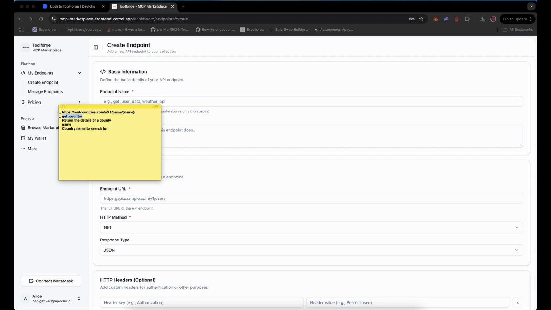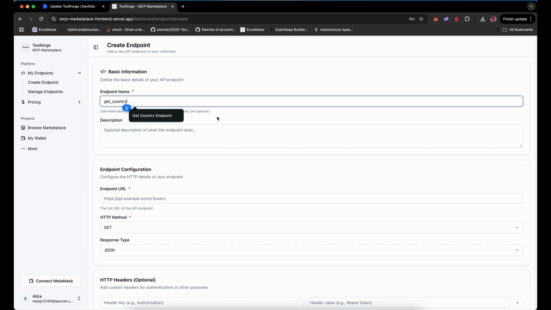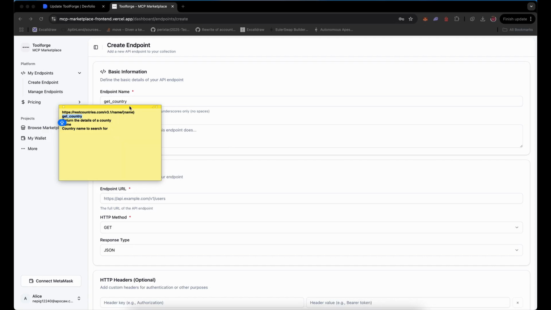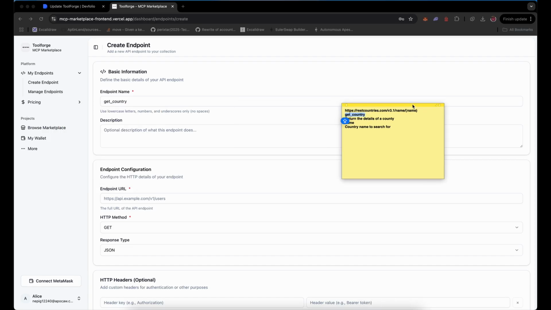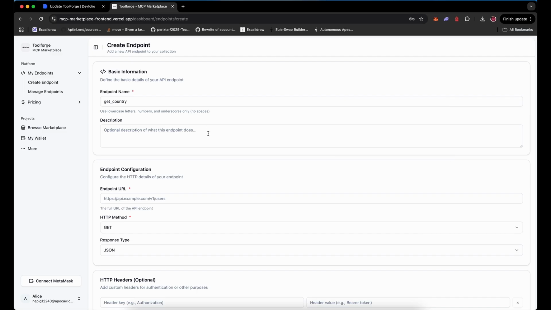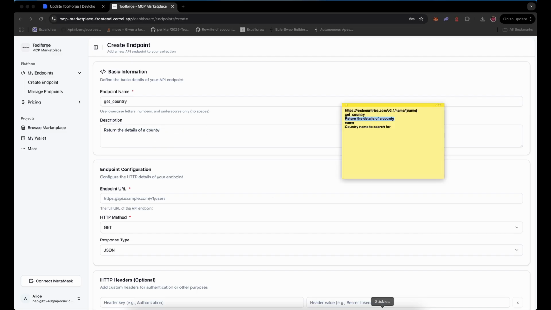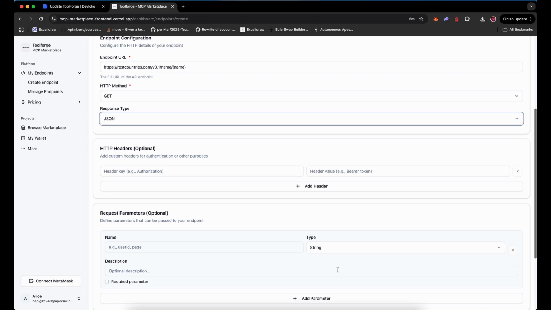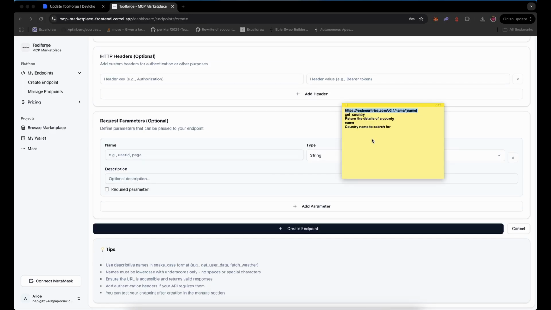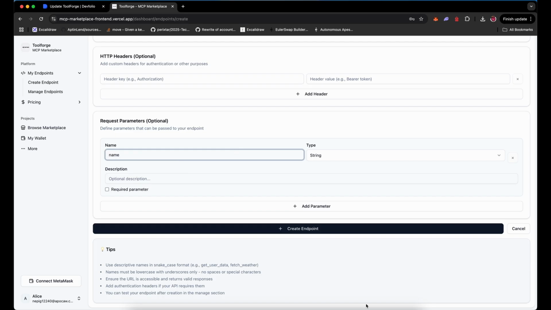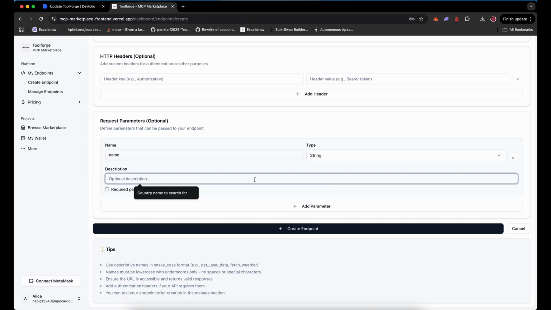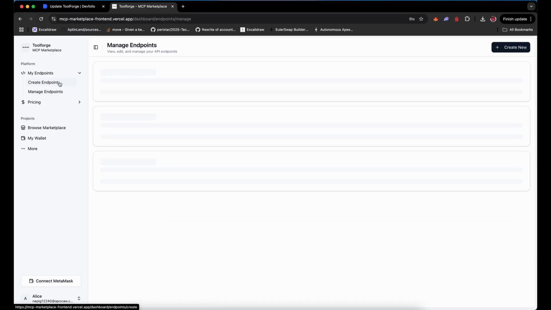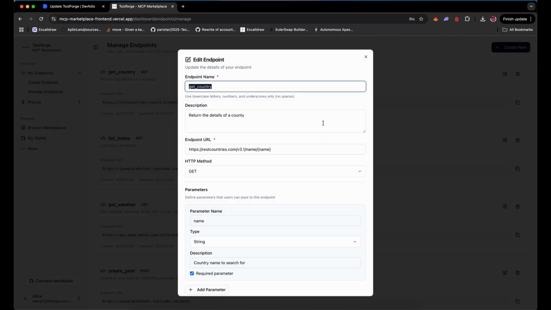Here you need to fill in the following details to create the endpoint: the endpoint name, endpoint description, then the endpoint URL that you have posted somewhere, the method type, response type, HTTP headers which the user might or might not fill in, and at the end, the parameters that are needed for the endpoint to work. You can fast forward here. After putting in the parameter and the description of the parameter, we'll be able to create the endpoint. As you can see, the endpoint has been created and added to the list of endpoints created